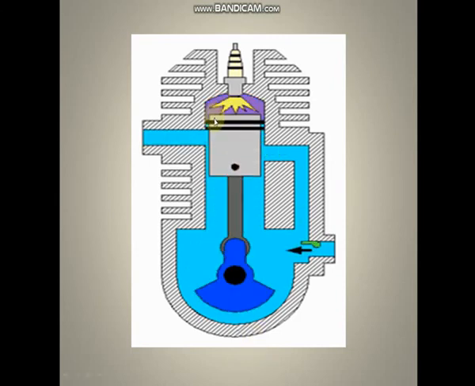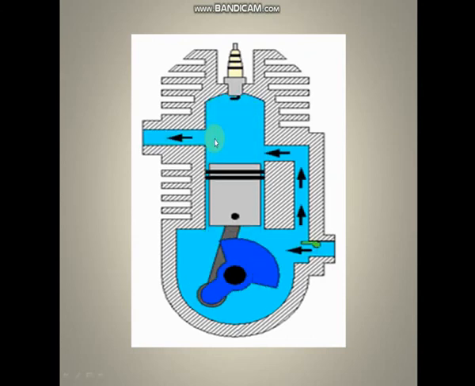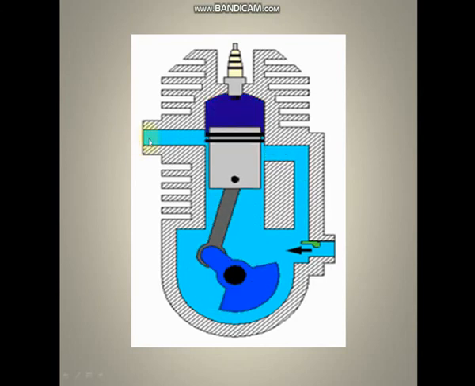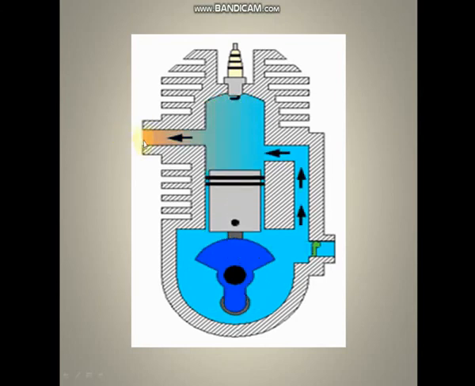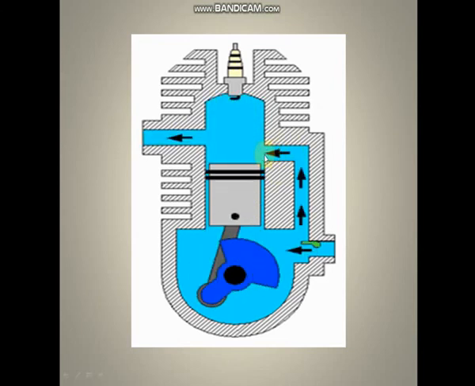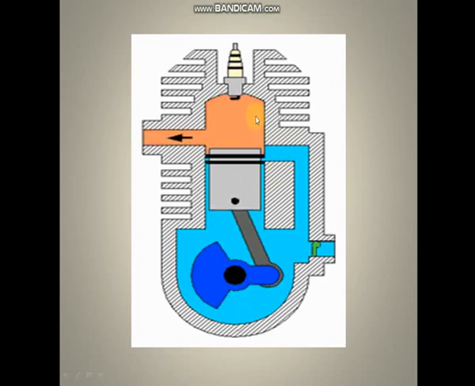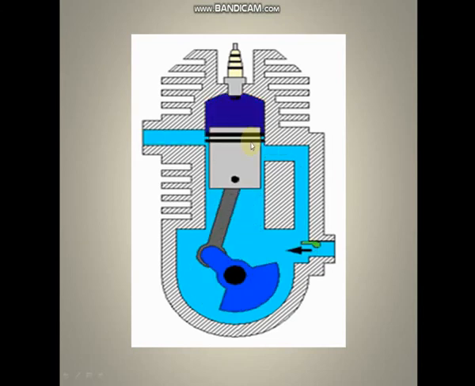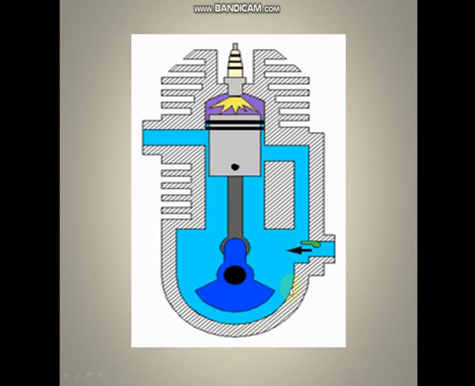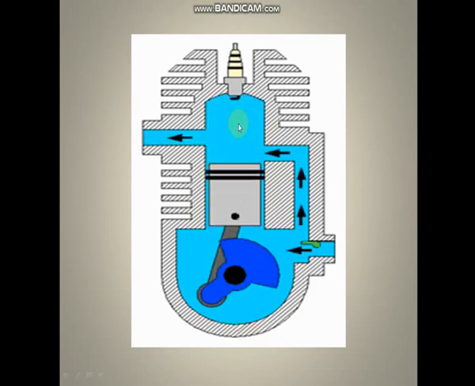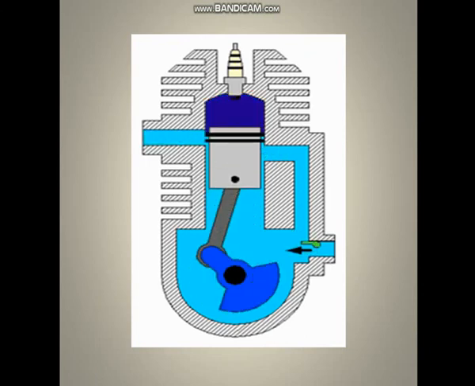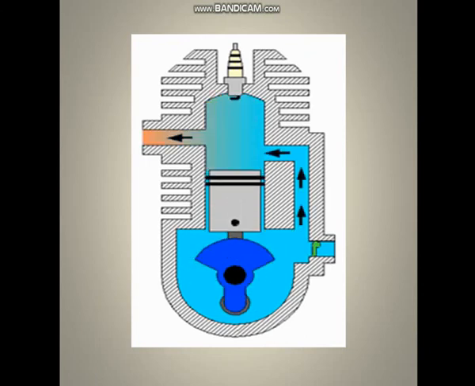Again, when the piston is moving towards the BDC, that is the downward direction, it will uncover the exhaust port, and through this exhaust port the exhaust gases are expelled out to the atmosphere, and it also uncovers the transfer port. Again the fresh air-fuel mixture will enter the combustion chamber. So these processes actually happen in such a way in the case of the two-stroke engine.